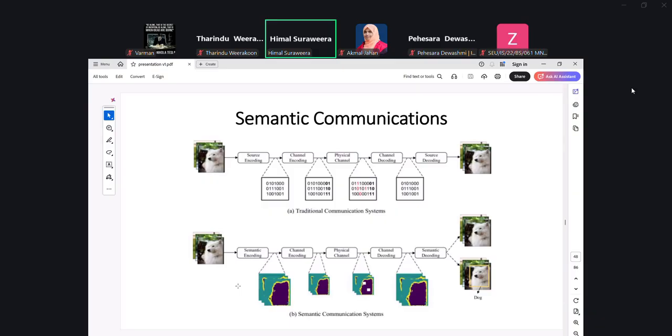When the receiver sees only the mask, it applies a decoder, let's say a GAN network, to reconstruct the original image that the transmitter wanted to show to the receiver. So clearly you have an encoder and a decoder which can be based on machine learning. So that is one application.